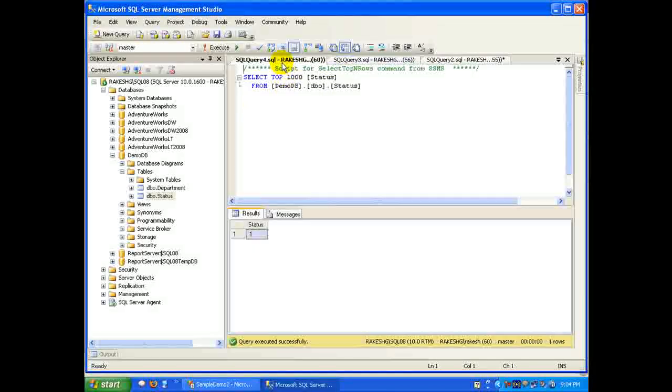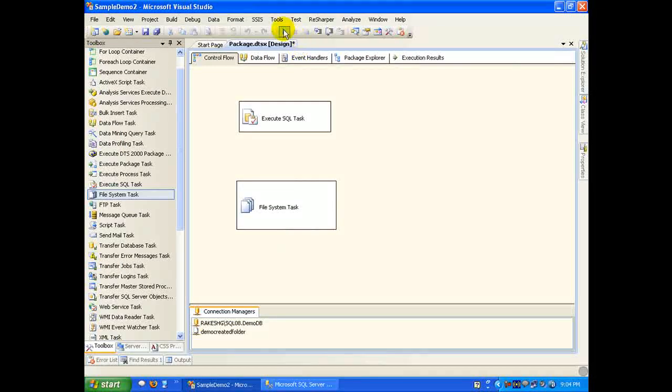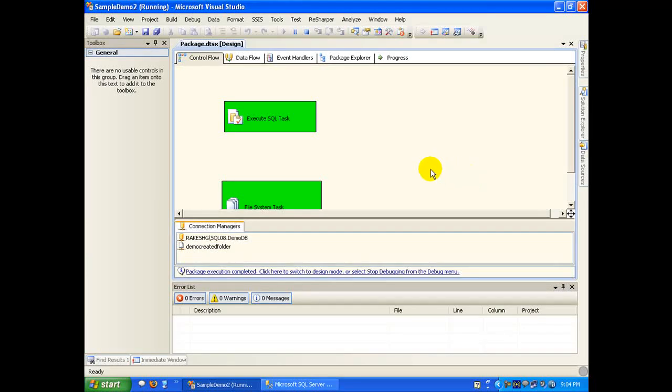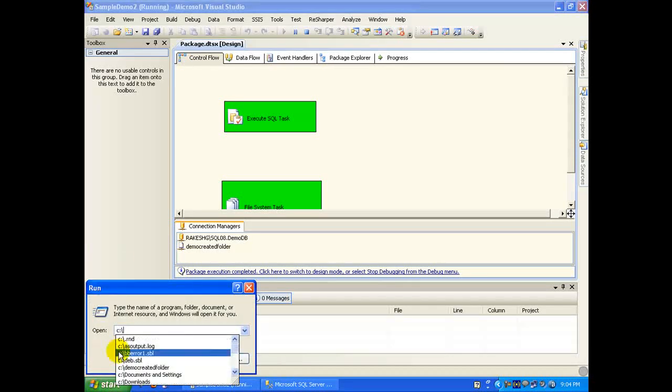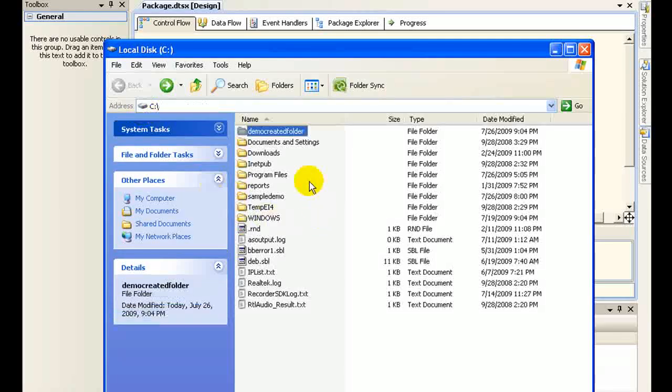For now I'll just truncate this, and I could run my package. So looks like both of them succeeded. I could just navigate to my C drive, and I could see that demo created folder is created.